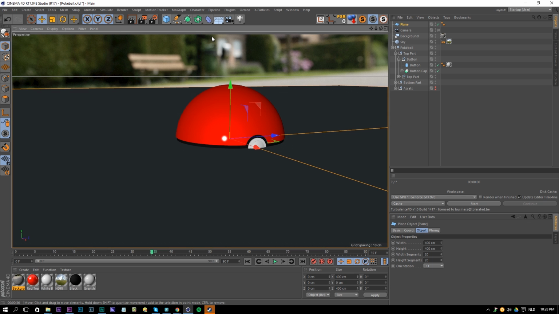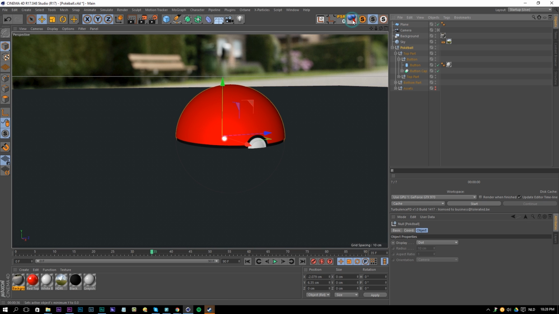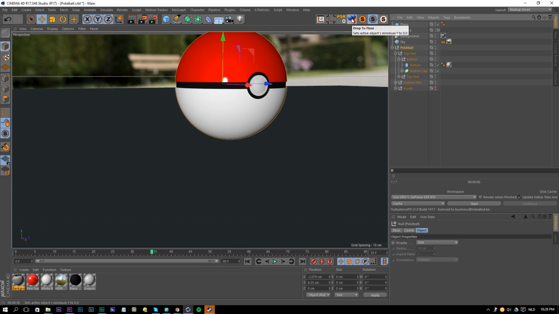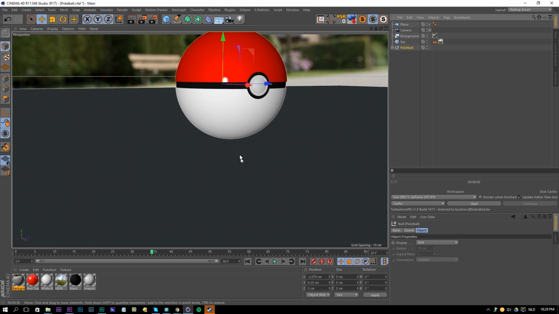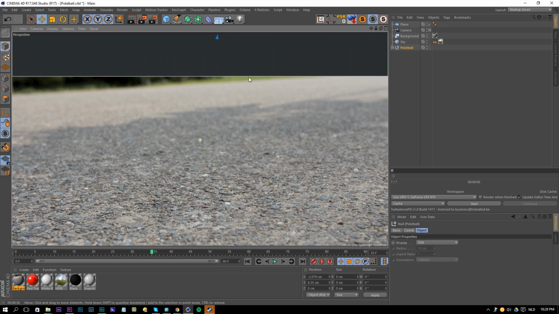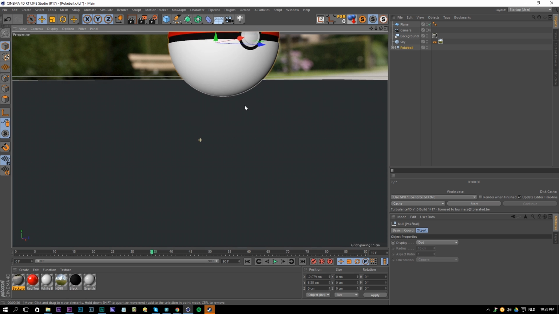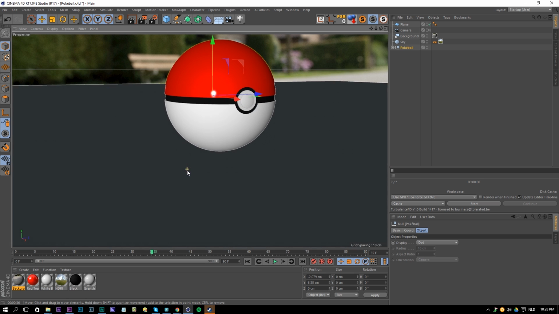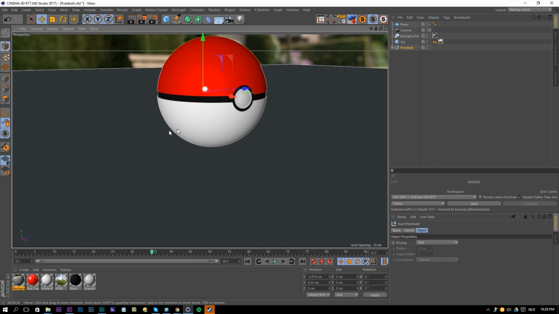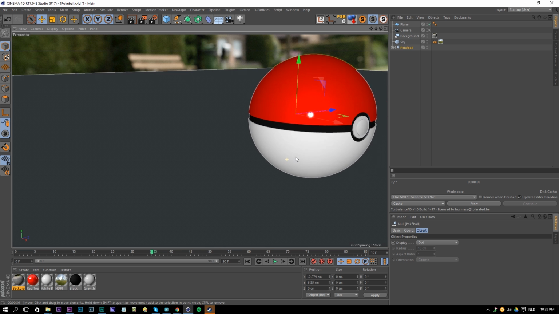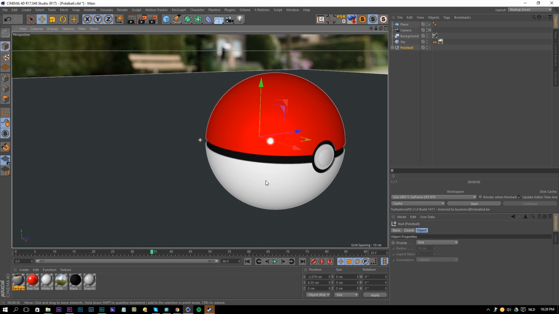Then I'm also going to make a plane and put that Pokeball, actually drop to floor. This is a plugin which is free, which you can find online, and this is always going to drop your Pokeball to the floor position. So you can see it's sticking on there pretty nicely. Yes, it's perfectly on the floor, and that's really easy if you're doing a lot of compositing work. So I really encourage you to get it.